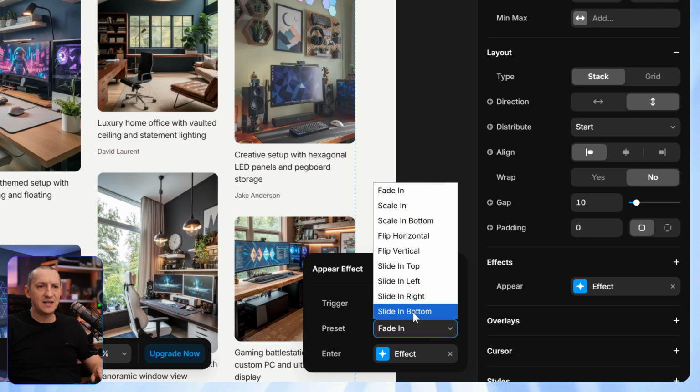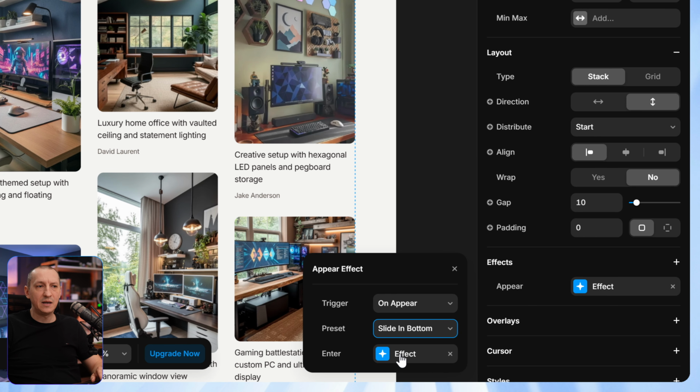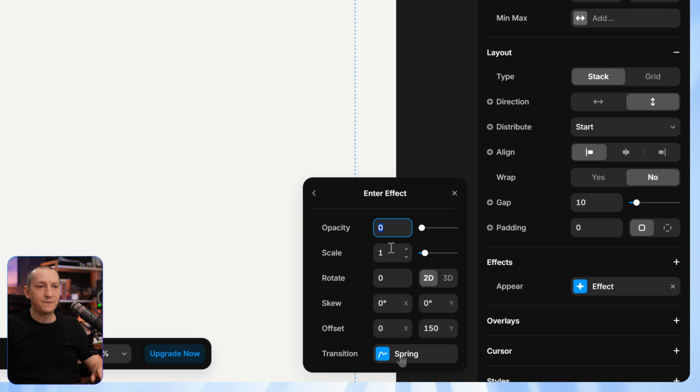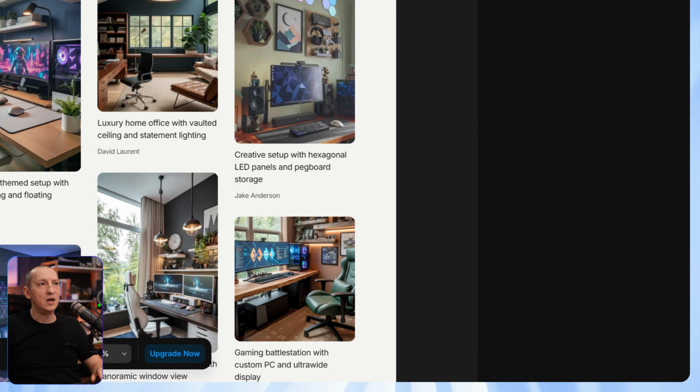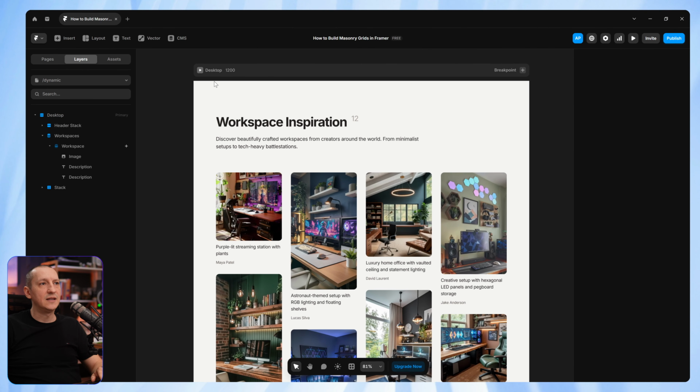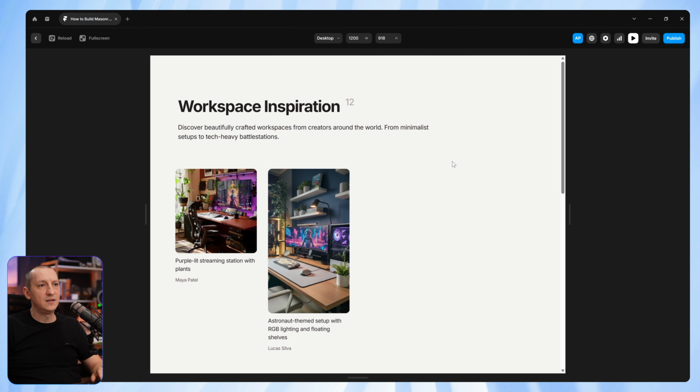For instance, let's say I want a slide in from the bottom, and then I'm going to click on Effect, and then I'll click on Transition, and then I'll add a stagger, right? And stagger will basically create a delay between each item that gets revealed, right? Or gets animated. So let's put like a 1 second stagger for now, just so you can see how this works. And then if we preview this,